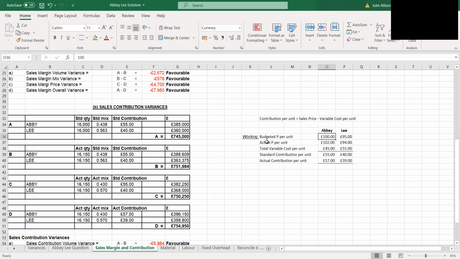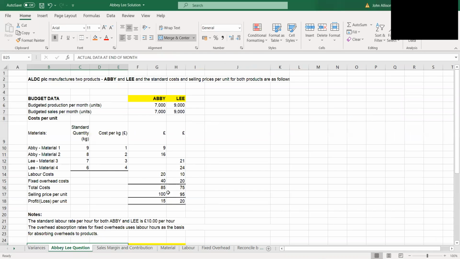So we've got the budgeted price and the actual price. And to get the standard contribution, or the budgeted contribution, will be the budgeted price per unit, take away the variable cost per unit. So I've calculated that as 45. And the way I got 45 was just doing the total costs, take away the fixed costs, which will be the same as all the variable costs added together for Abbey. So the variable cost for Abbey would be basically 9, plus 16, plus 20. Or I can also get the variable cost just by doing the total cost, take away the fixed costs. Either way, it's going to give us